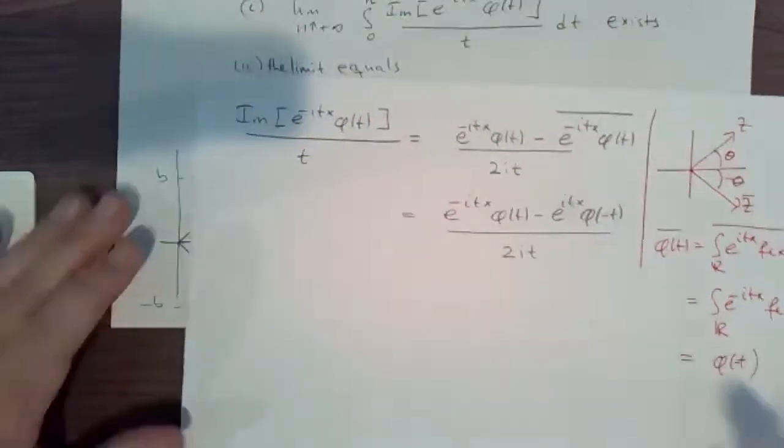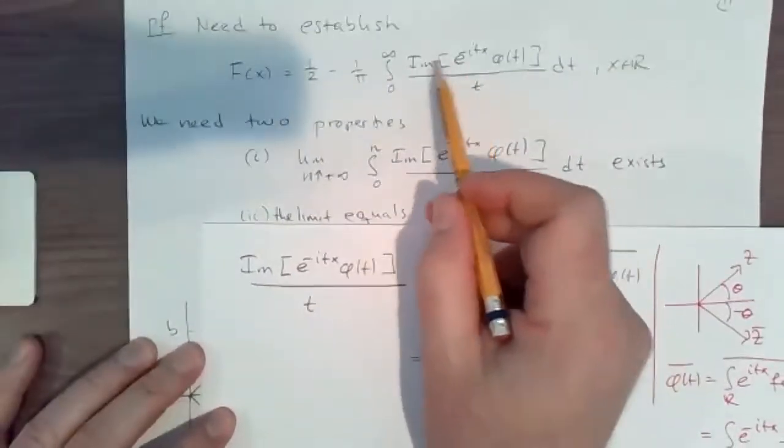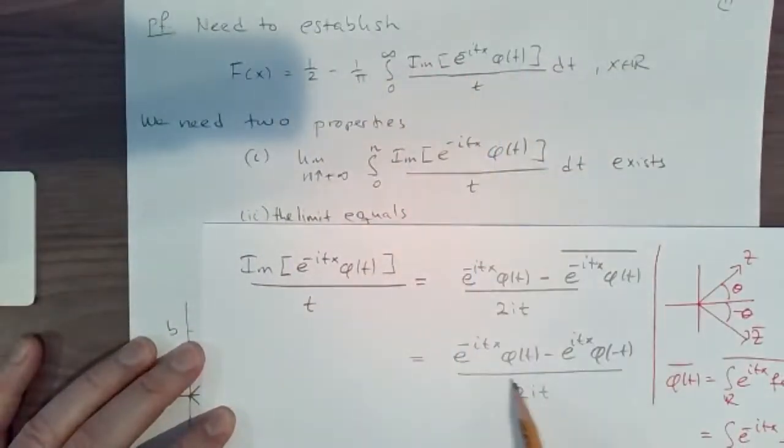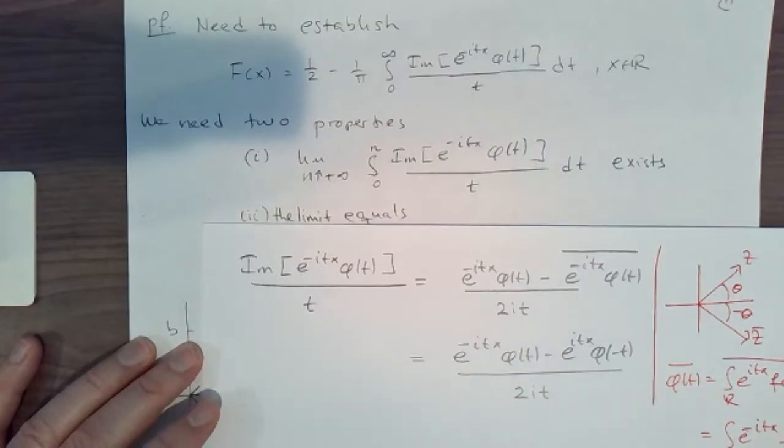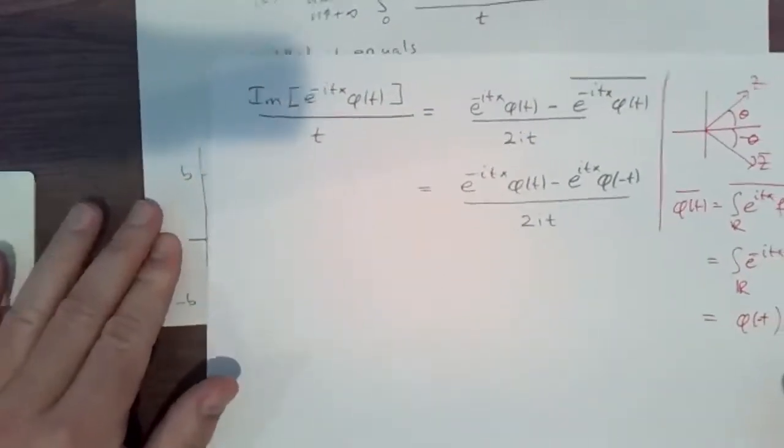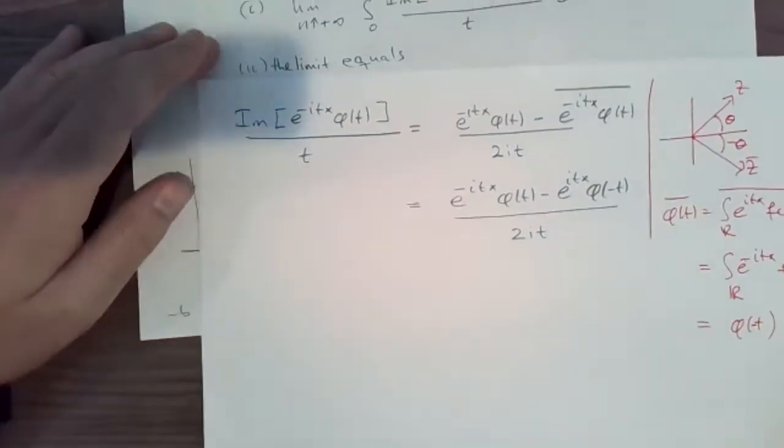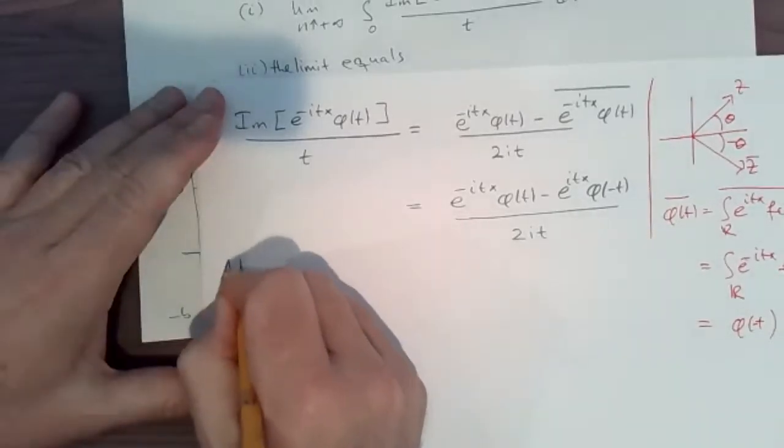So that would be one way to express what we have in here. I can write it like this. There are other ways to express it. Alternatively,